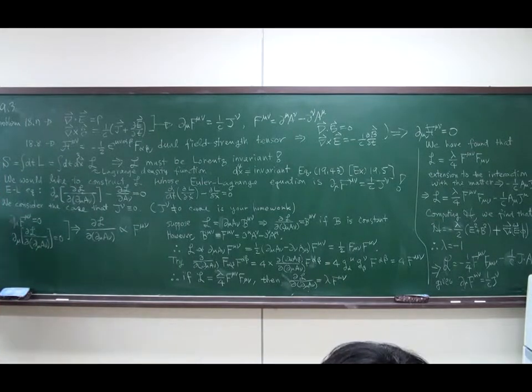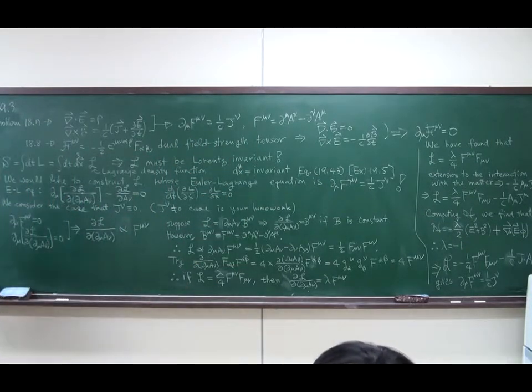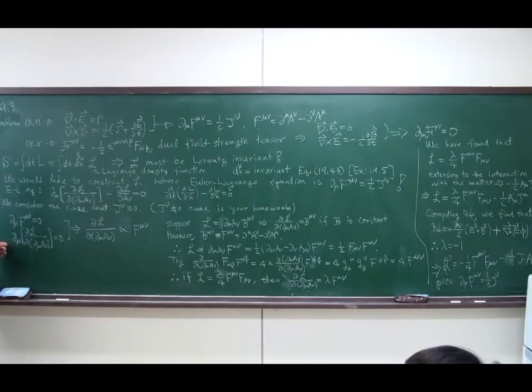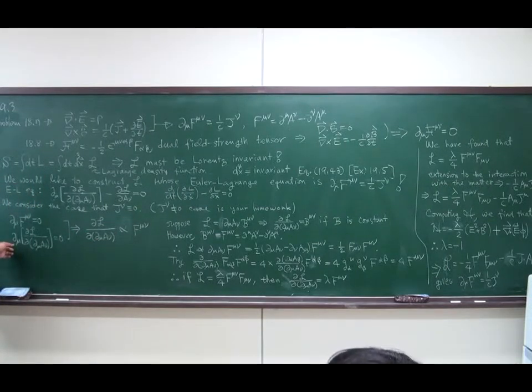Alright, we assume that you understand this Euler-Lagrange equation for the field. Then we want to construct a Lagrangian that satisfies Maxwell's equations that we have already derived. So we have the equation of motion, and this equation of motion must be the same as the Euler-Lagrange equation obtained from some Lagrangian density function. In this case, we assume that there is no current at all. And actually, if there is current,